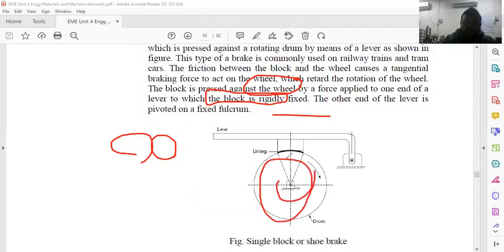This is in rotation, and suppose you have to stop this, then what you have to do? You have to apply the load on this lever, this side. What happens? Because of the fulcrum point, this lever will move up on one side and down on the other, and because of this, it exerts the load on the contact surface between this drum and brake lever. Friction lining materials are already provided between the contact surface of the drum and block, or shoe. So this wheel is likely to stop or retard its motion